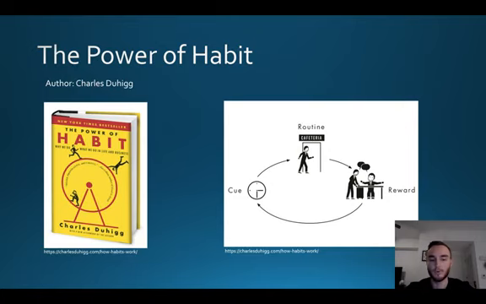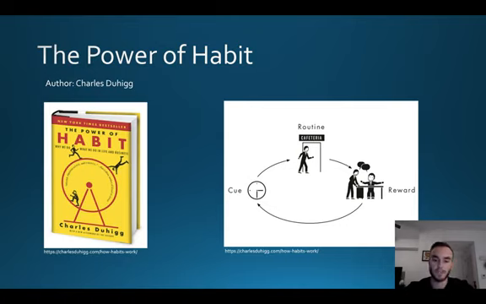So real quick, one of his main points is that there's three points to every habit. There's the cue, the routine, and the reward. So in this graphic on the right, the cue is the time, the routine is walking towards the cafeteria because the cue is met, which is the time. So at a certain time every day they walk to the cafeteria, and the reward, I don't know why it's not getting food or whatever they get at the cafeteria, but in this example it's being able to talk to their coworkers. They walk to the cafeteria and you rinse and repeat.